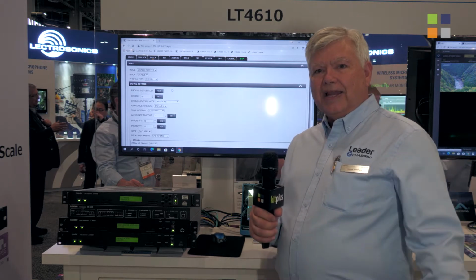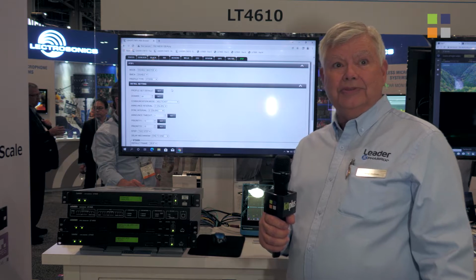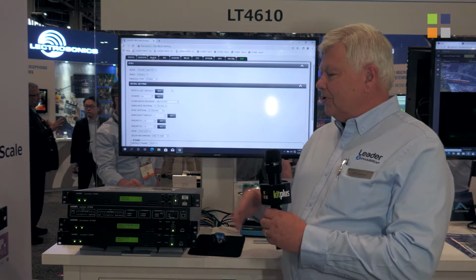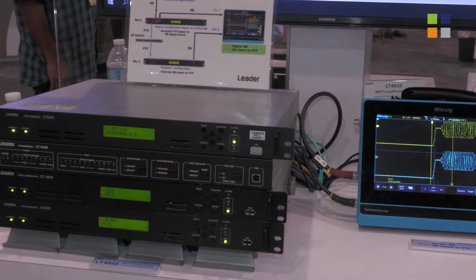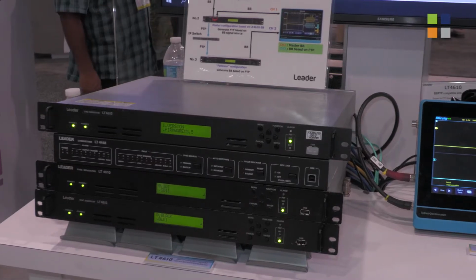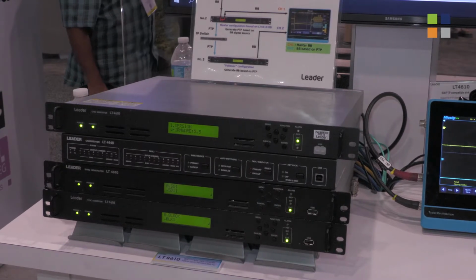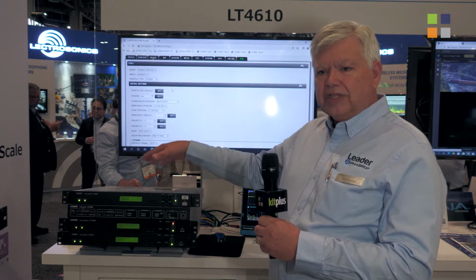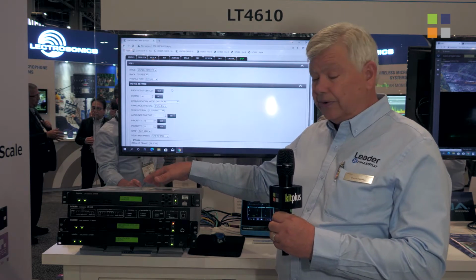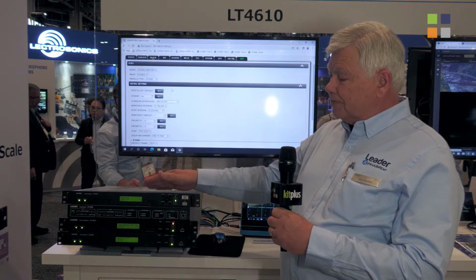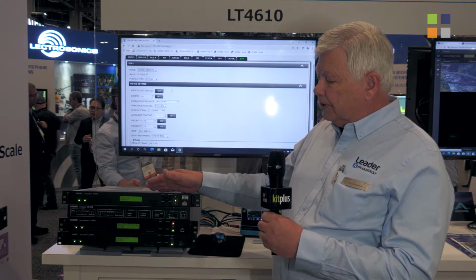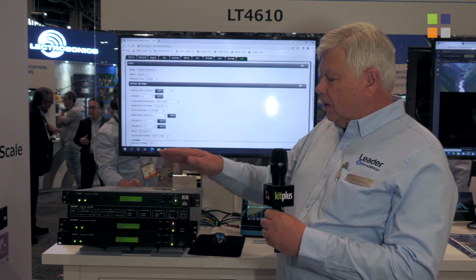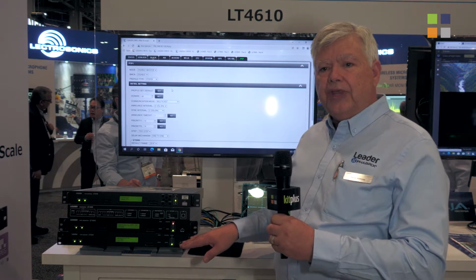Today we're at NAB 2022, and we're showing here our LV4610 sync generator. We have the ability to generate PTP, generate black, all tied from the same exact oscillator. One of the things that we're demonstrating here is our ability to generate PTP, lock another generator to that PTP